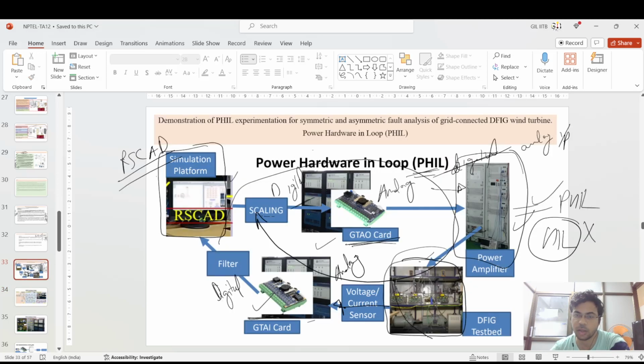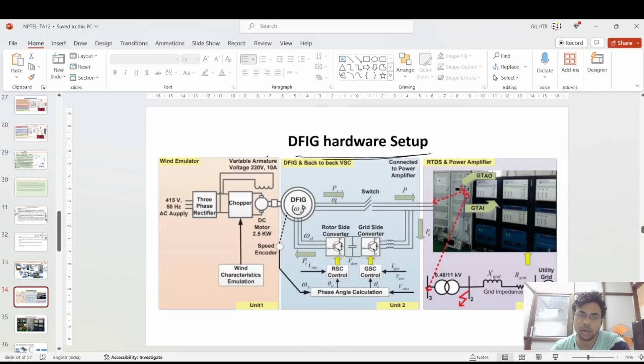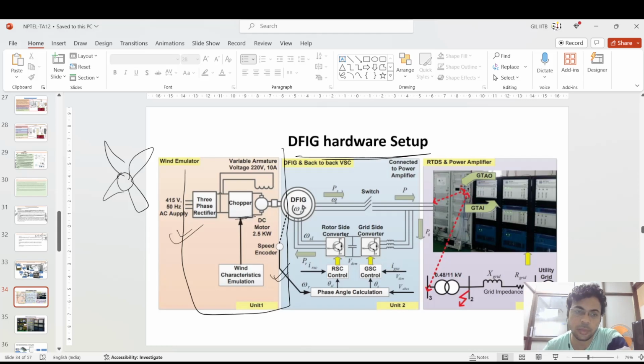And if you see, this is the actual DFIG hardware setup, which I have told is taking the power after the power amplifier. The signals are feeding into the DFIG test bed. So this is unit one, because you need to simulate the wind power. This wind generation is being simulated using the DC motor, which takes the power from the AC system itself and converts it into DC. And this DC, using a chopper and also this DC converter, is then fed to the DC motor of the